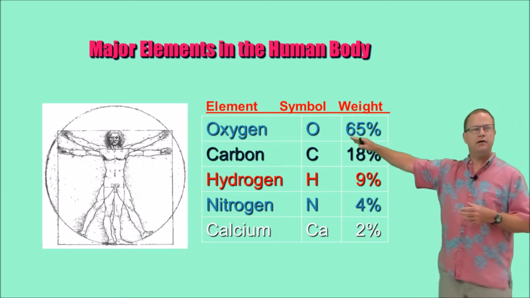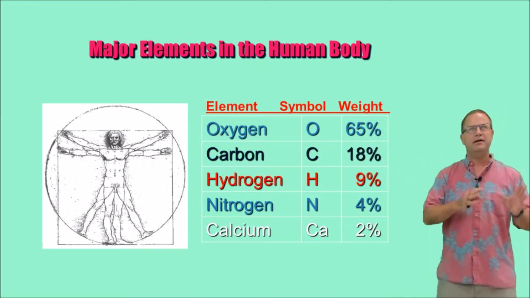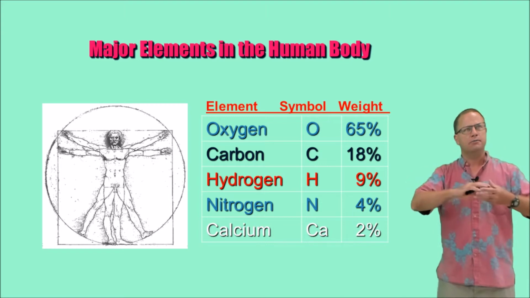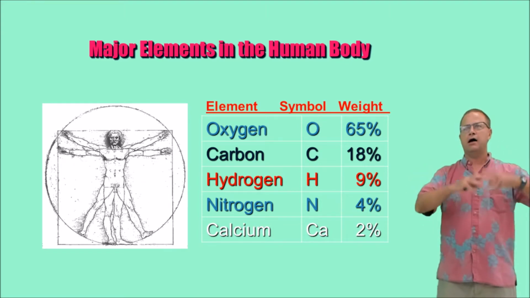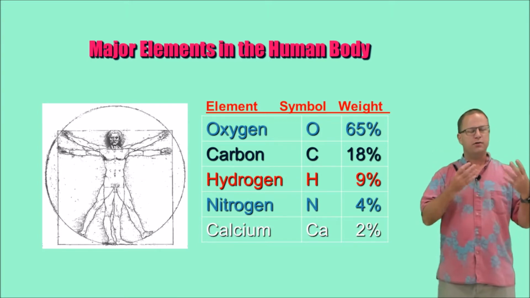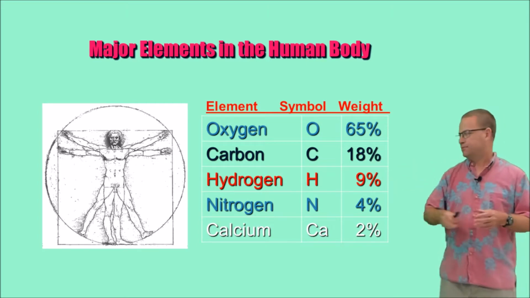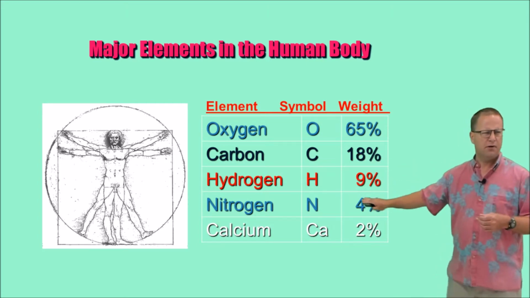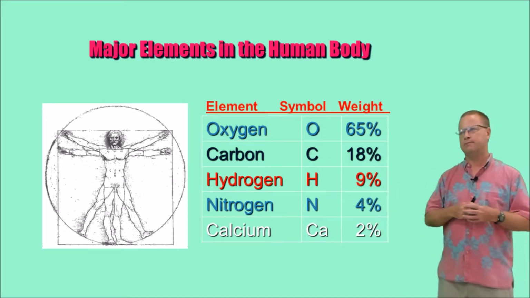Okay, so carbon, abbreviated here as C, is also very important. Carbon is sort of the base atom or base element on which all the other atoms will combine to make up complex living organisms. So we are carbon-based. So about 18% of the body is made up of carbon. Hydrogen, also important. Why is it important? Well, it's part of water, and right, the body's made up of a lot of water, but it's also found